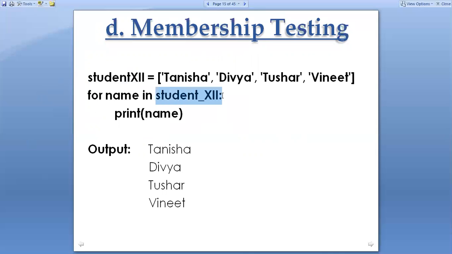It will work till the last element. How many elements are here? 1, 2, 3, 4. So name is a counter variable in student 12. So print name. All the names which are present in the list will be displayed here.